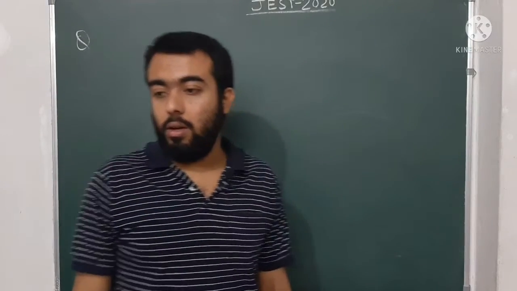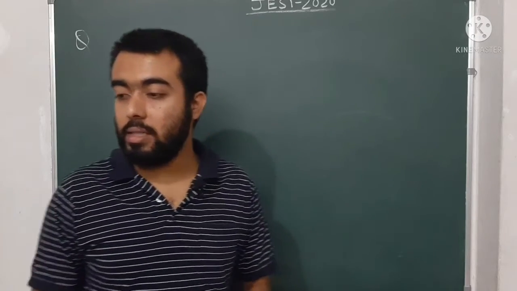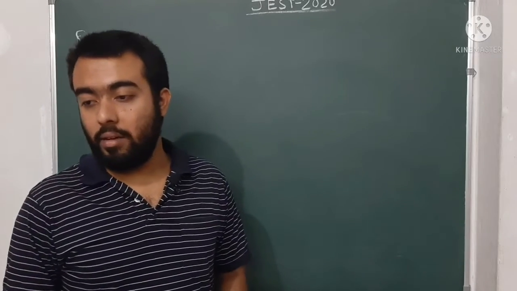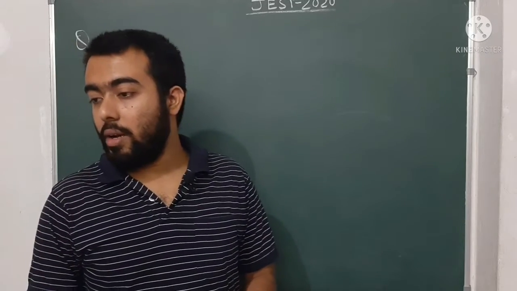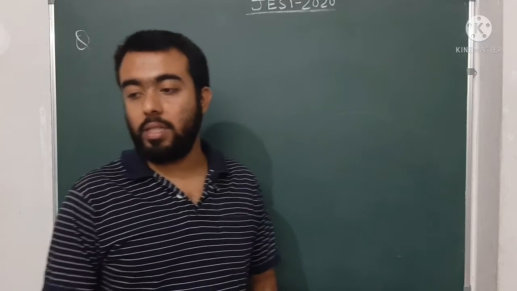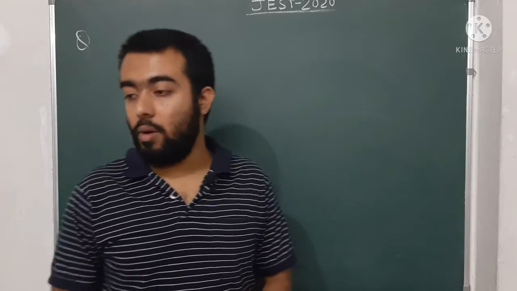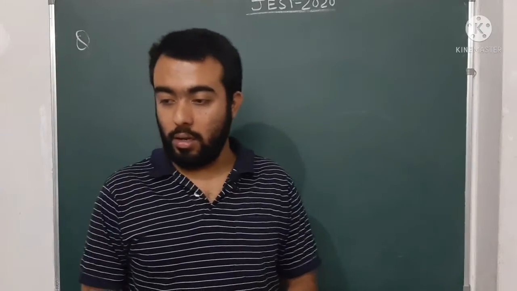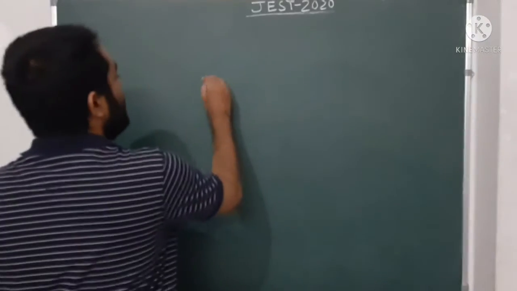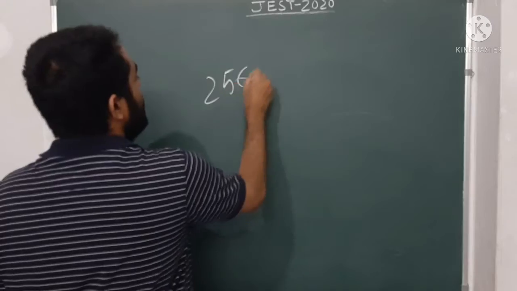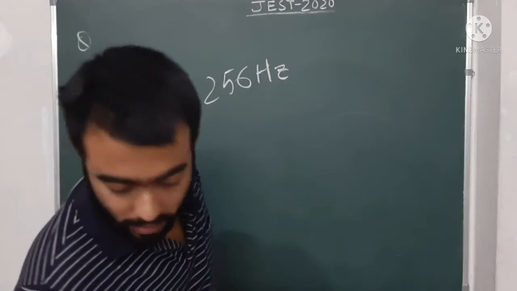Next, two tuning forks A and B are struck instantaneously to obtain Lissajous figures. The figures go through a complete cycle in 20 seconds. Fork A is loaded with wax so that the cycle period changes to 10 seconds. If the frequency of fork B is 256 Hz, what is the frequency of fork A after loading? So the result for this question is 256 Hz. This is the answer.